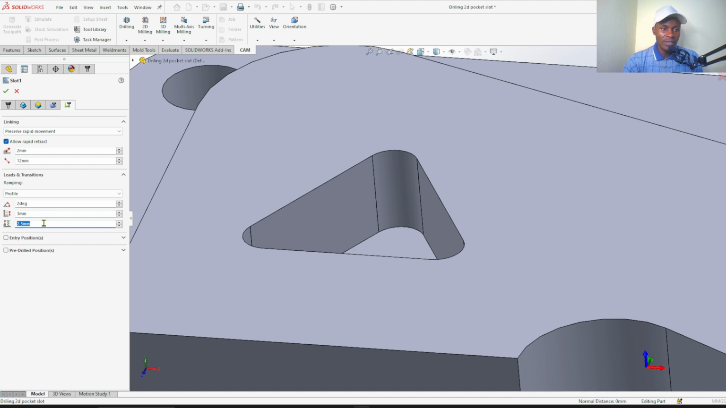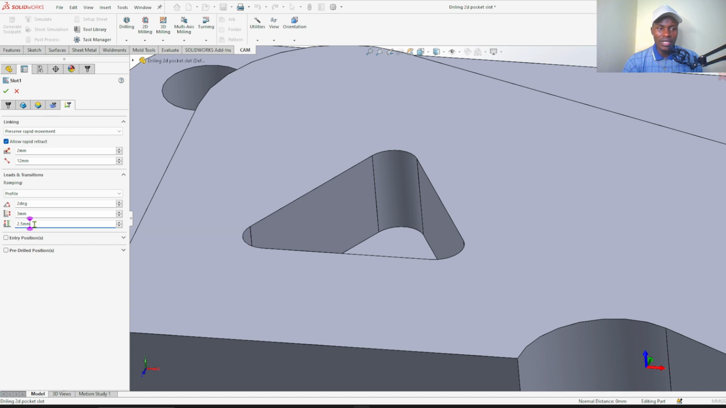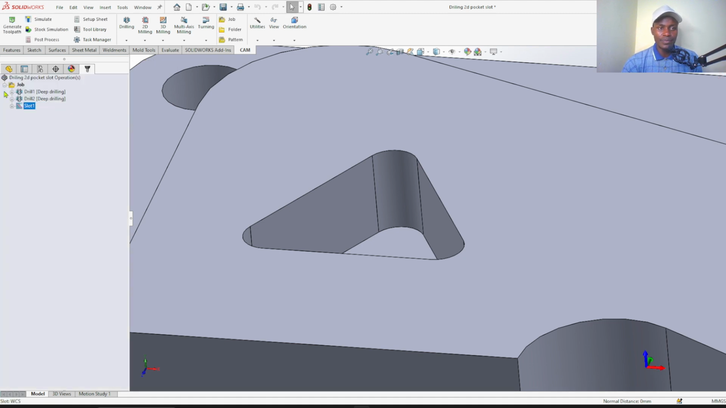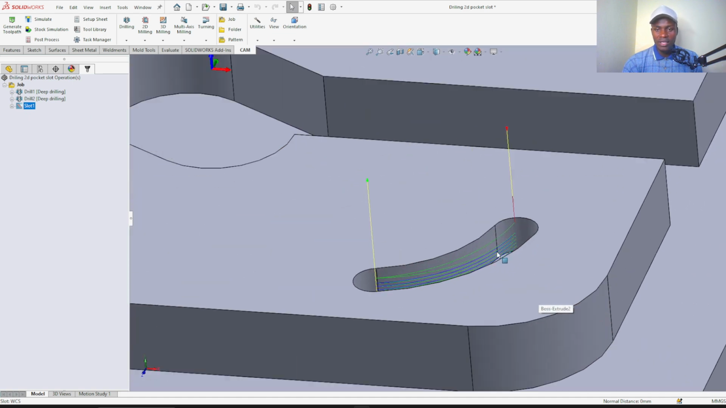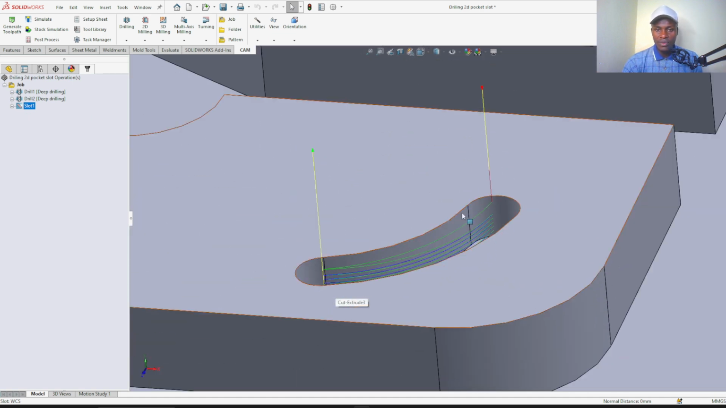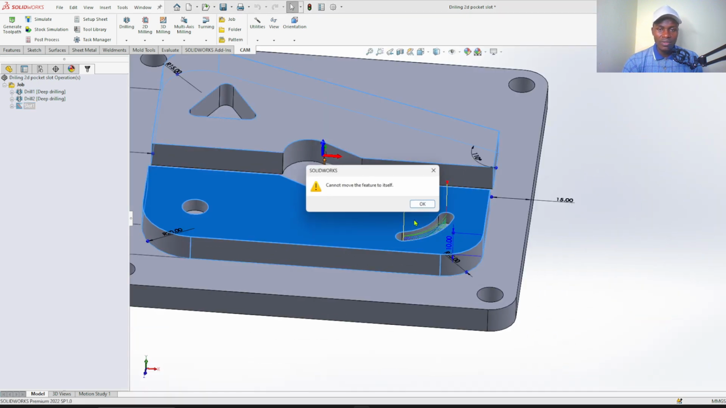What's the ramping clearance height? You can say 1 mm. And you are done with that. Click OK. So allow processing, and you can see the preview. So you proceed